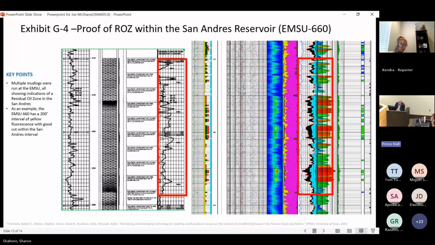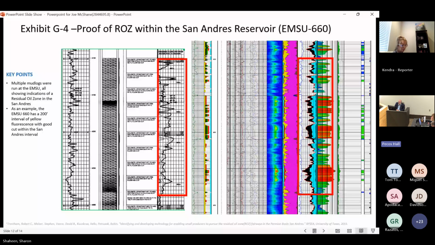So again, you'll see in the red box to the right, which is NewTek's well, the analysis of the EMSU 660. You'll see the hydrocarbons again present. You'll see the permeability. But the key takeaway we wanted to take from this is that we compared it with the mud log. Again, the mud log is taken in fairly real time, measuring the gas while drilling, in addition to depth calibrating the cuttings as they come up based on lag time, and placing a description correlating with the